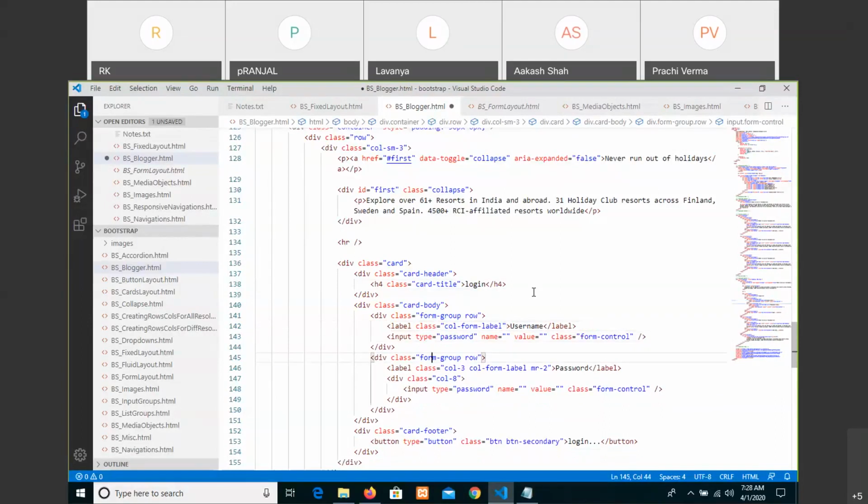The same way, remove that, and here remove a row effect, and then